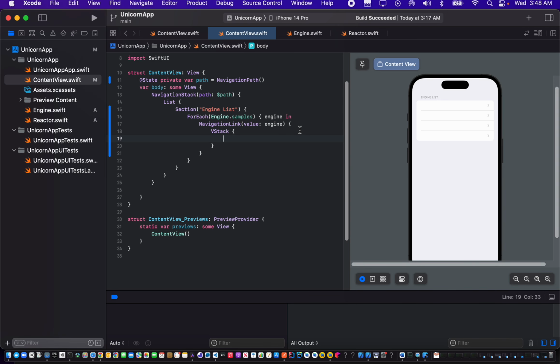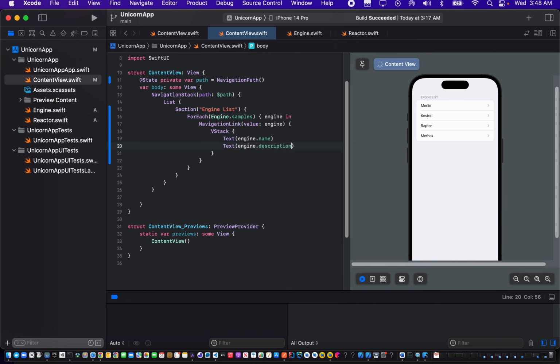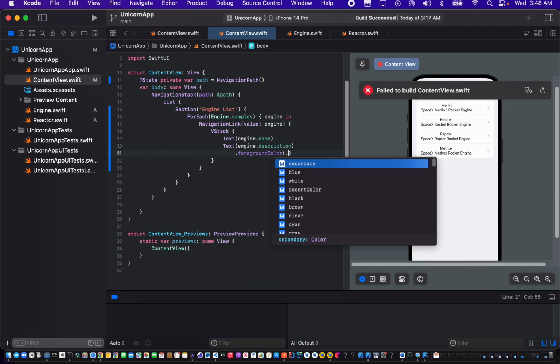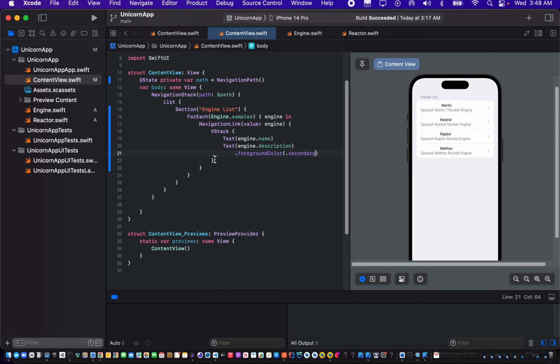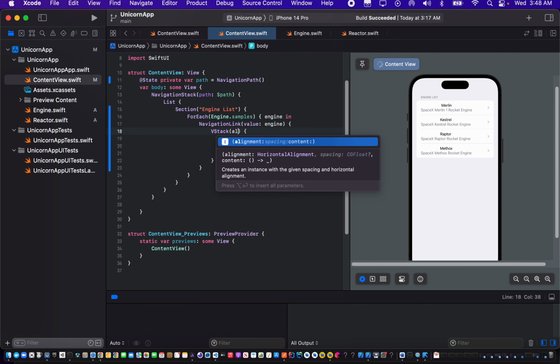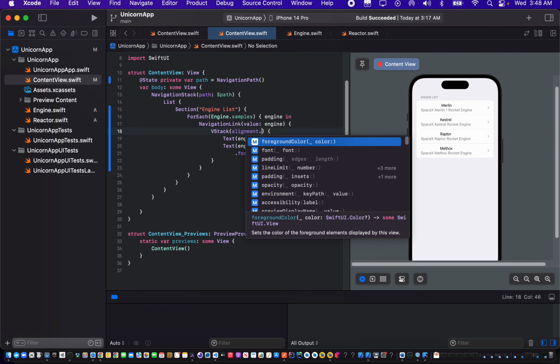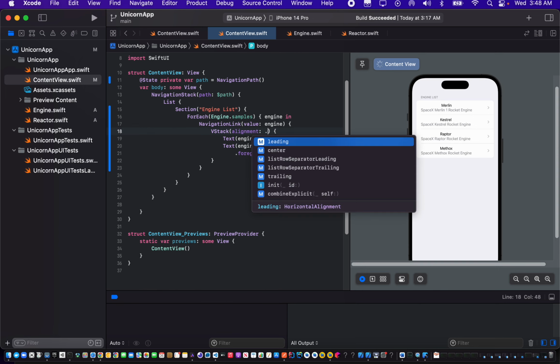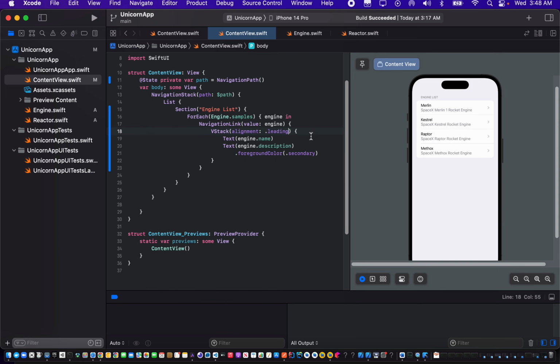with the text for engine name and text for engine description, and we can just format it using secondary color. So now we have this vstack, and we can align it using leading as the modifier. So now we have this engine list. Of course, there's no navigation destination,